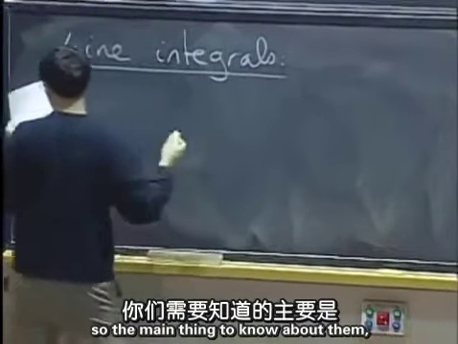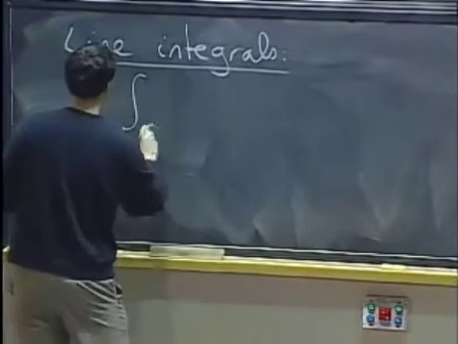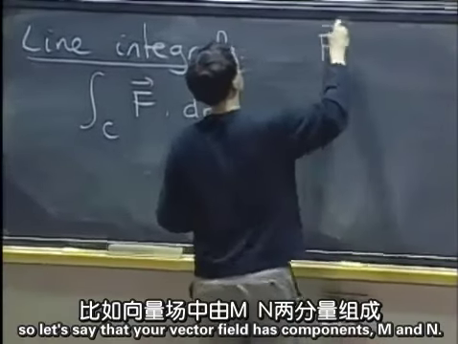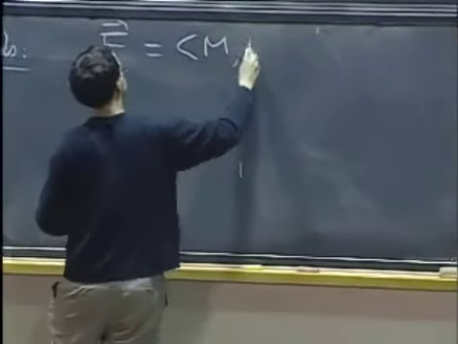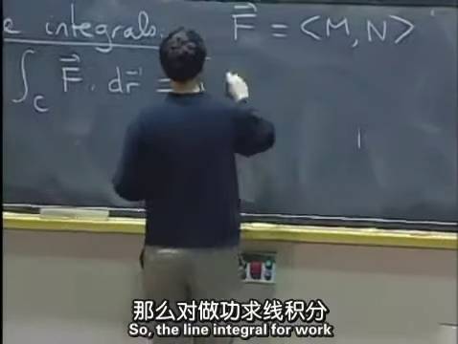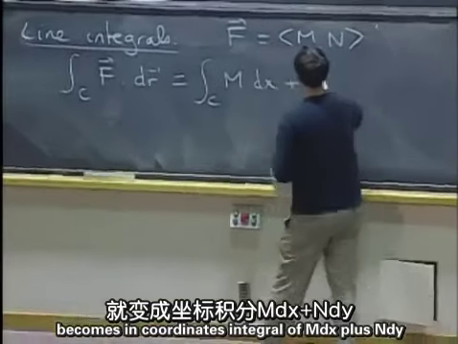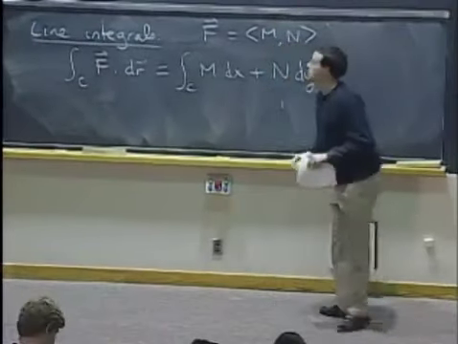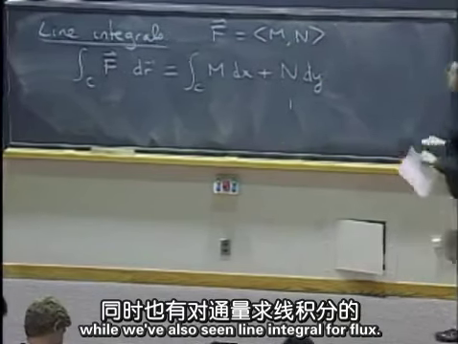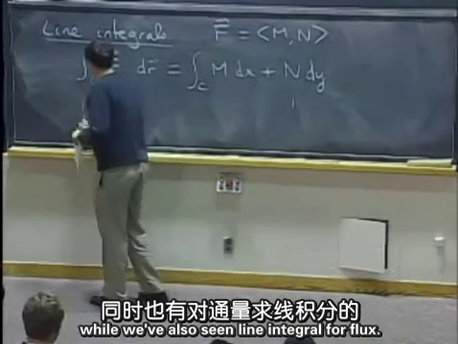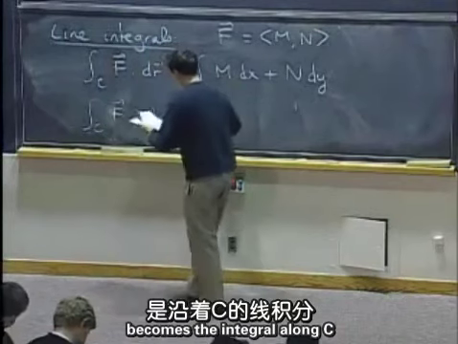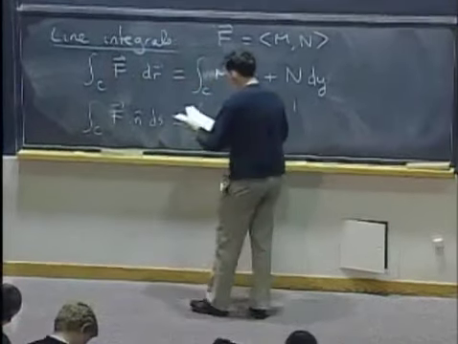So the main thing to know about them, so the line integral for work, which is the line integral of F dot dr. So let's say that your vector field has components M and N. So the line integral for work becomes in coordinates the integral of M dx plus N dy. While we've also seen the line integral for flux, so the line integral of F dot n ds becomes the integral along C of,